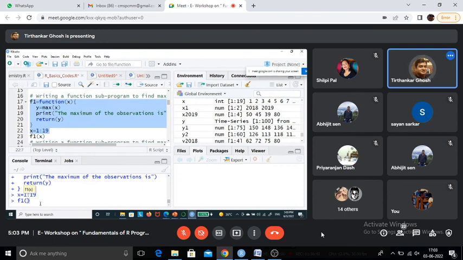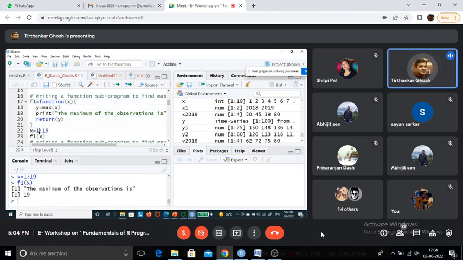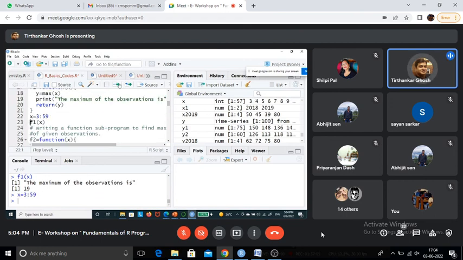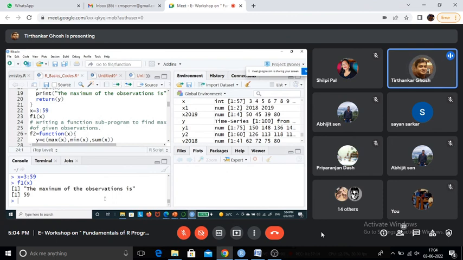If we write and enter it, the maximum of the observation is 90. Now you change this f1 to say 40 or 59. So run this line. See, the maximum of the observation is 59.